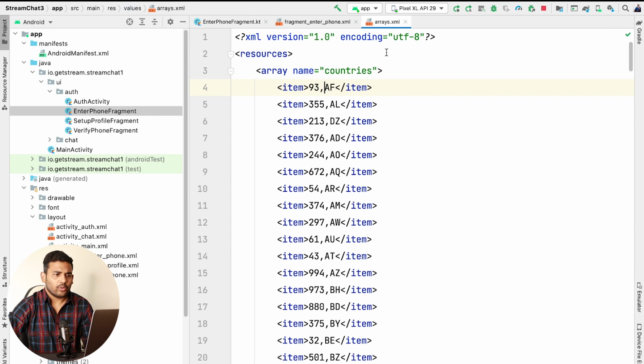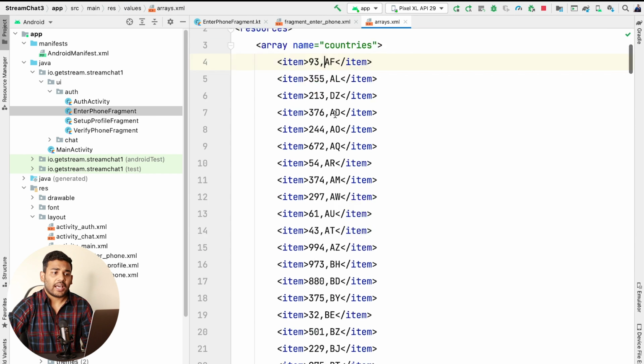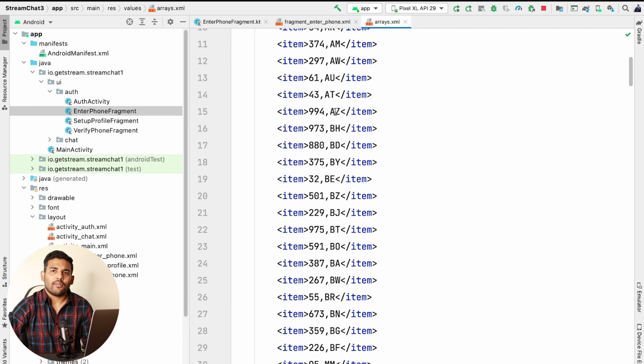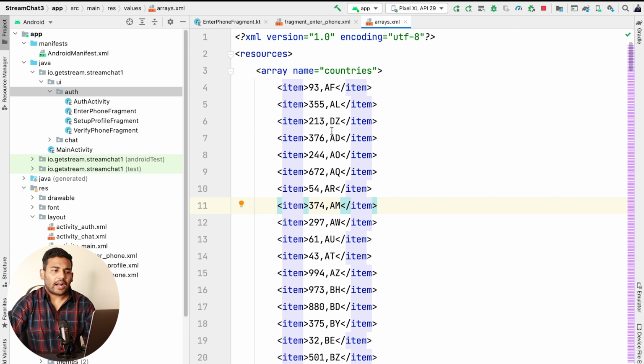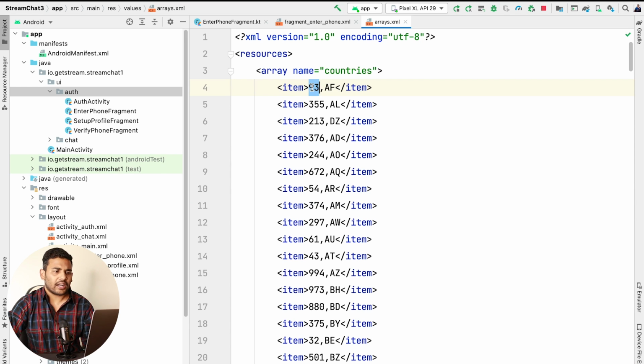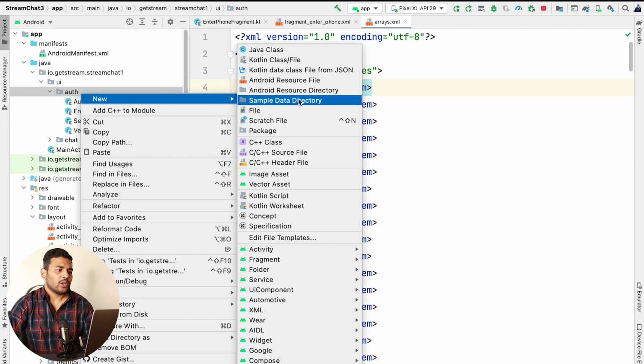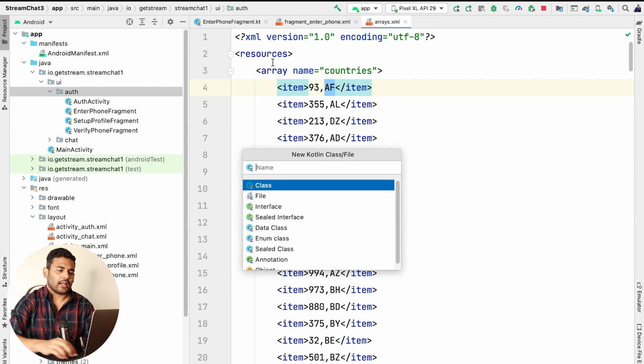As I already told you, I have defined these arrays, and here we have all the country codes with the telephone codes. Now we need to add these countries to our spinner, and because we have two pieces of information for each country, that is phone code and country code, I will create a data class.